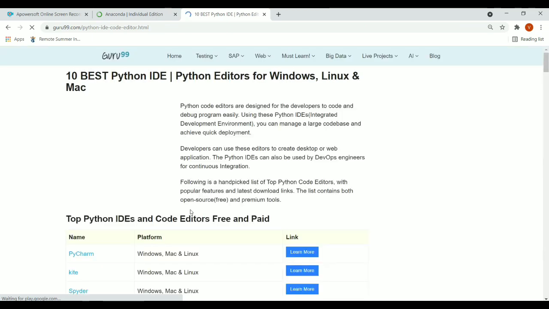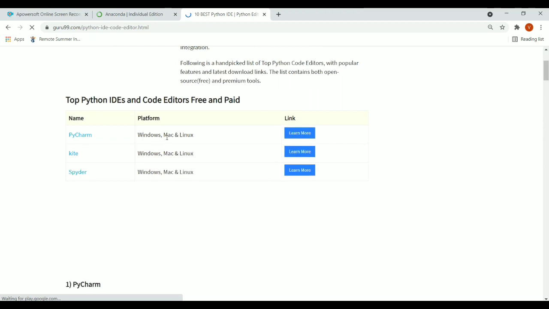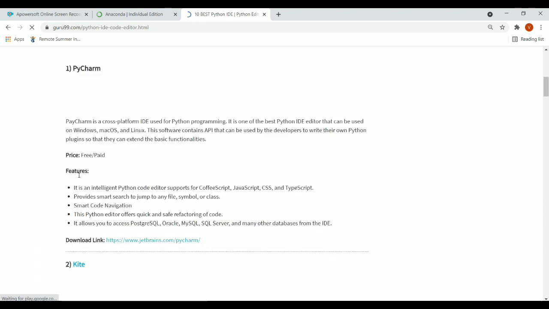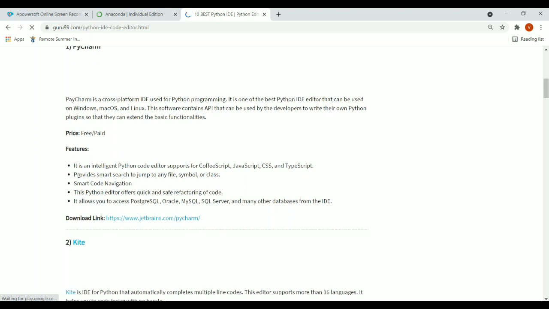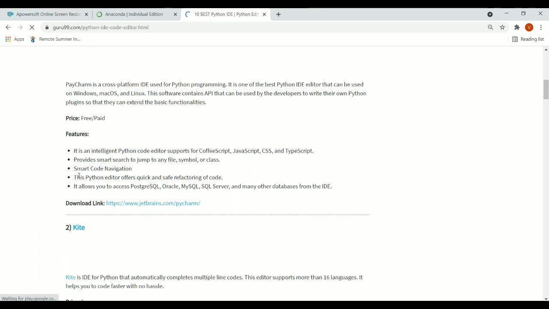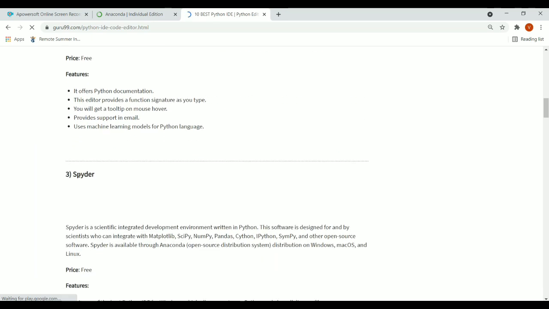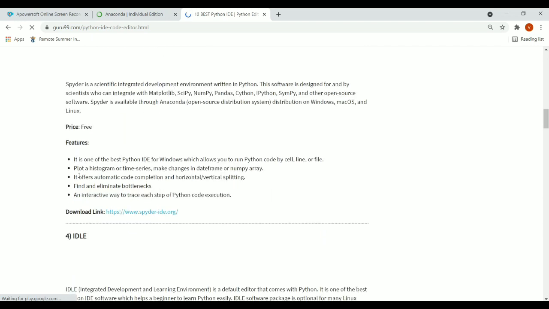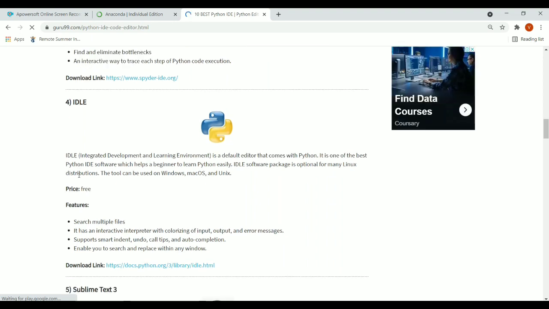But as you can see here, the best is PyCharm. PyCharm is widely used on Windows as well as on Mac, as well as Spyder. It is one of the versions which is available on Anaconda only. So PyCharm and Spyder are the most widely used. They are free only. PyCharm is sometimes paid. If you are going with Amazon, then a paid version is also available, which is integrated with AWS services if you are using their cloud services. Spyder is totally free.